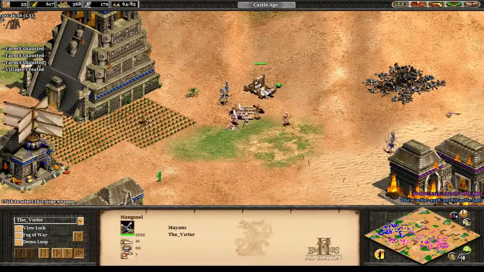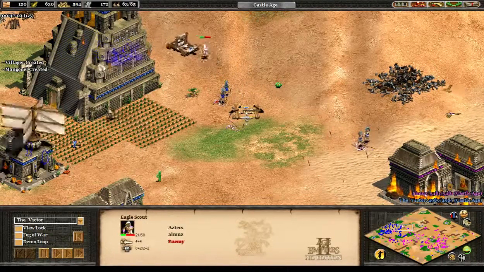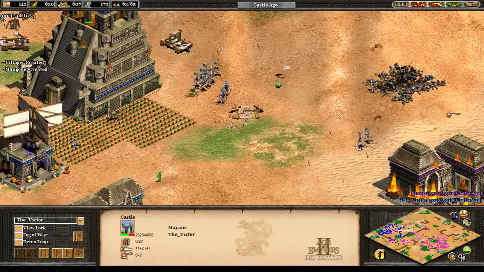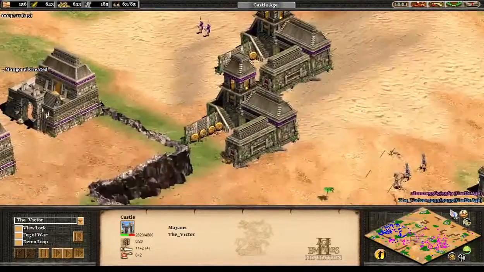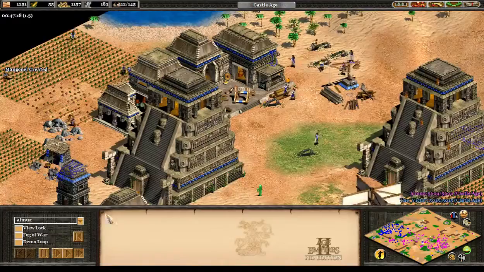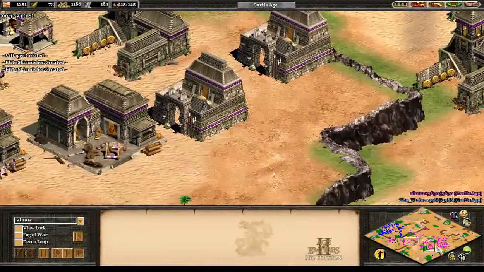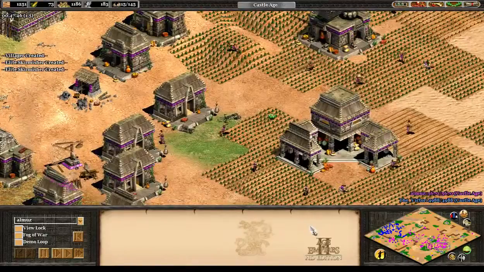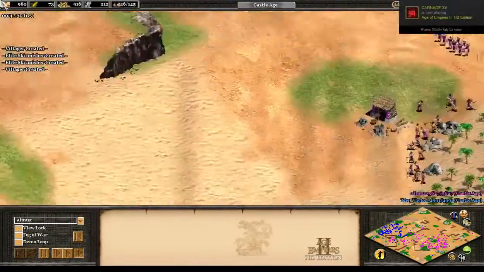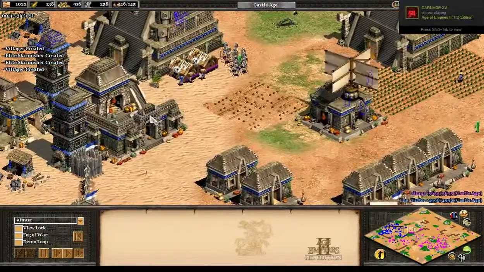Looks like these mangonels might be in danger. That being said, all of these eagles just died. The victor could go up to Imperial fairly soon. Almas is nowhere near Imperial. He needs to get a lot more food. That being said, his economy is a lot better, so he should be able to get that resource faster than the victor has, but